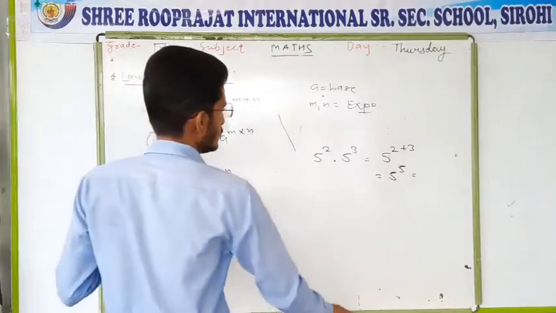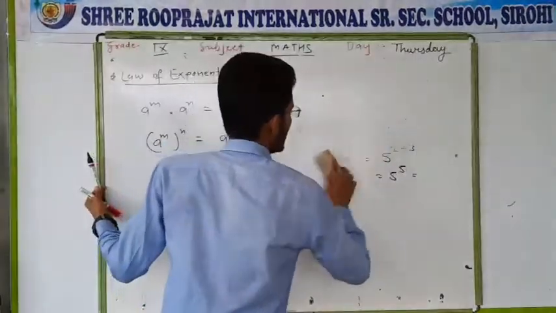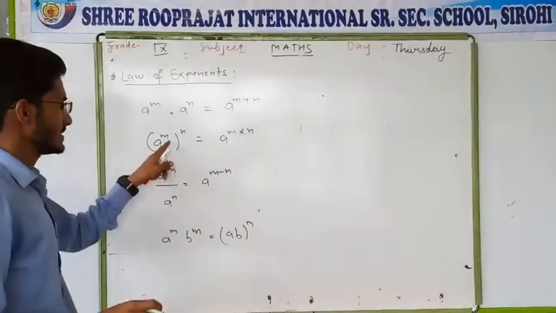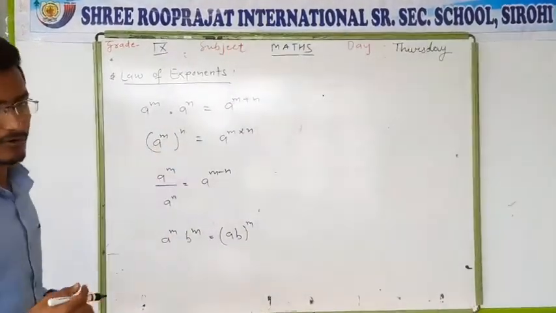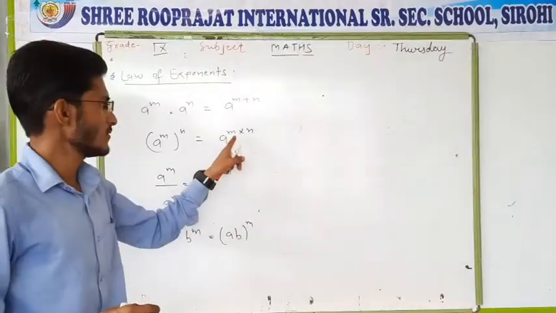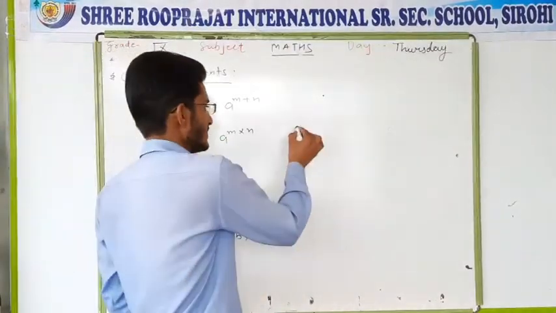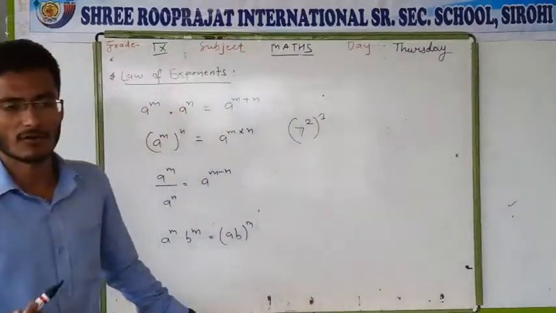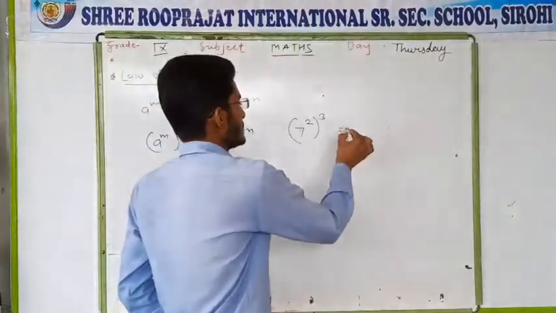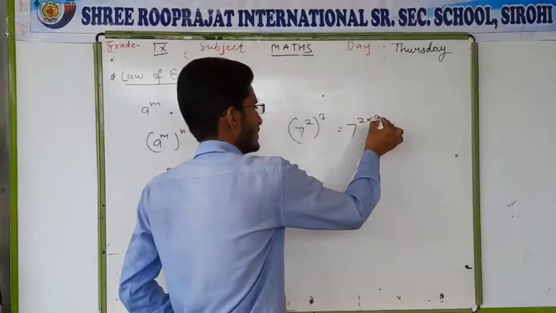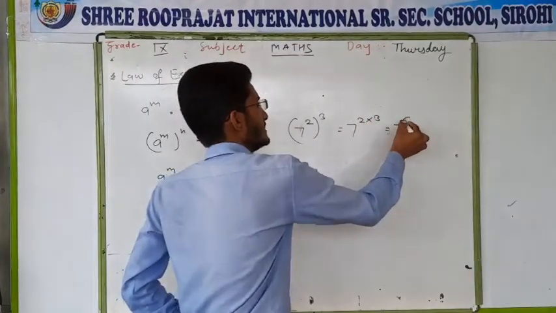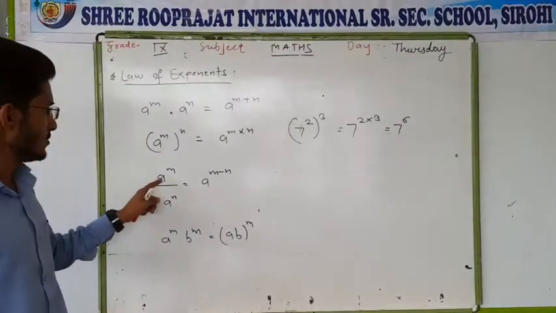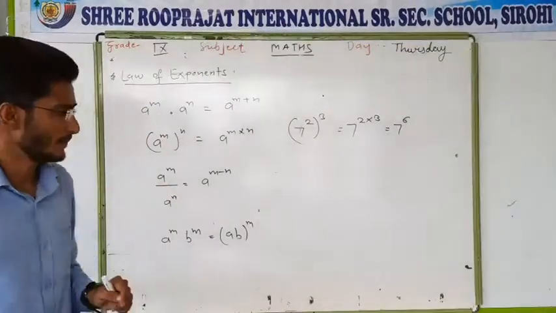Next one is given a to the power m and then again power n over the bracket. So you can see there are 2 powers given. In that case you have to just multiply both the powers. a is the base, there is a power m, and then again over the bracket there is a power n. We talk about an example, suppose 7 to the power 2 and then over the bracket a power 3. So simply you have to multiply both the powers, then you can find 7 to the power 6.